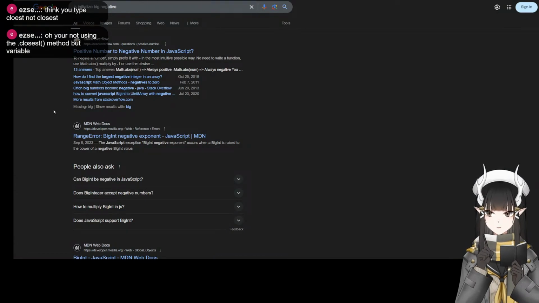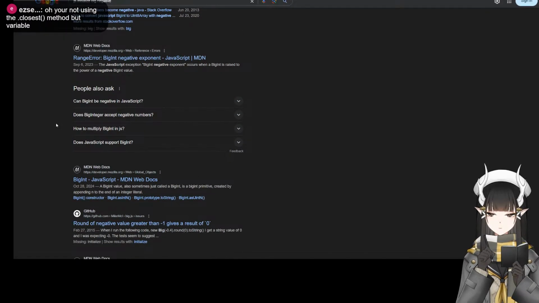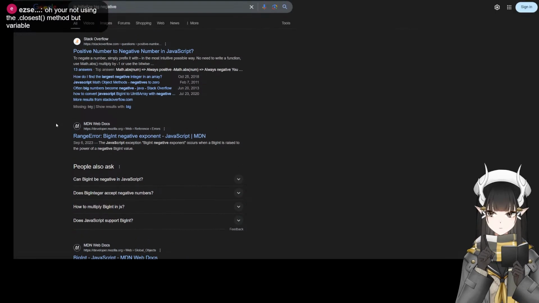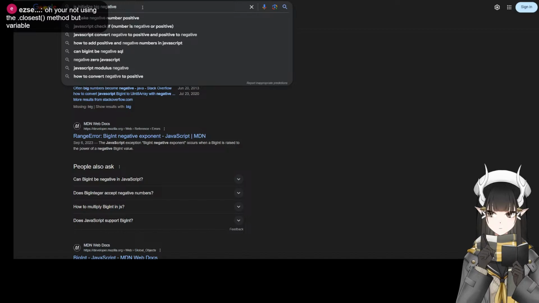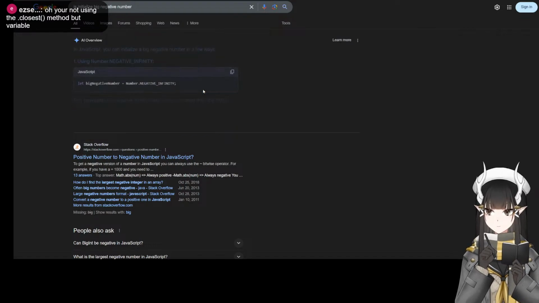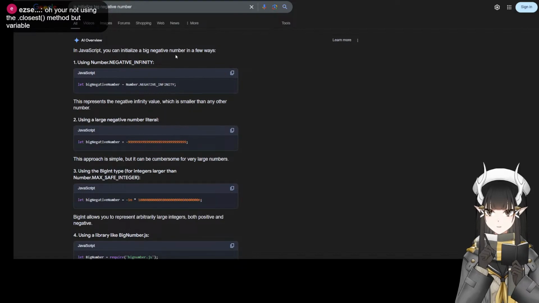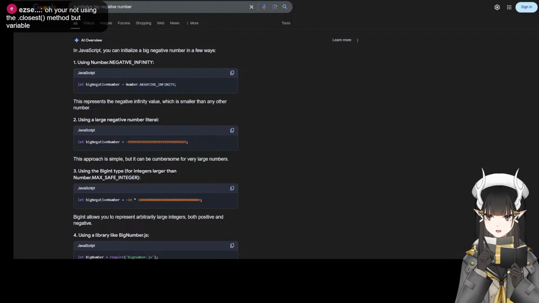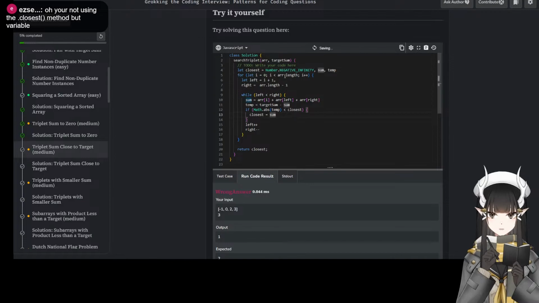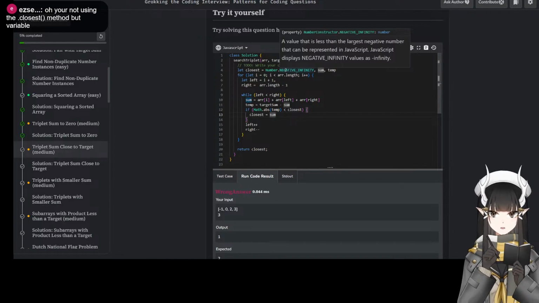What do you guys do in this case? You can initialize big. Ooh, negative infinity, that's a thing. Negative infinity, this value is less than the largest number that can be represented in JavaScript.